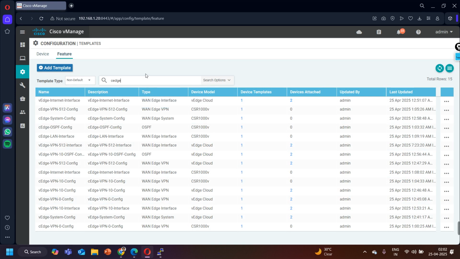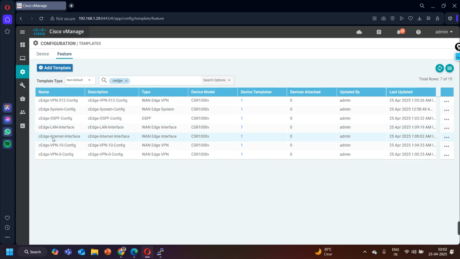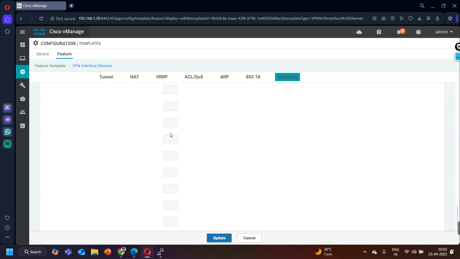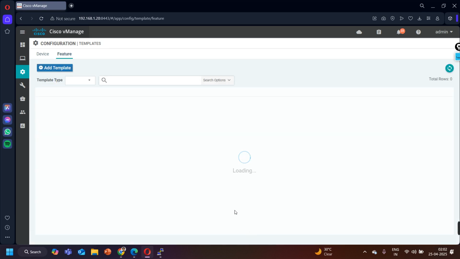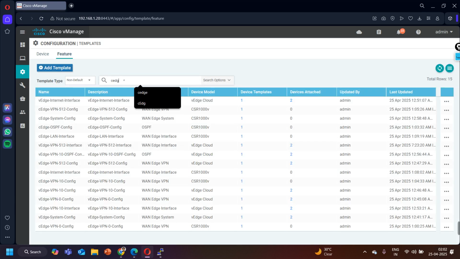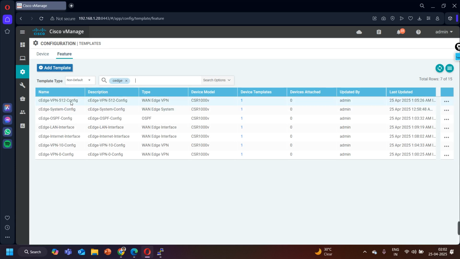Again I am searching for CSR first, and this time the CSR LAN interface. Let me edit this template, and here go to IPv4 address, and it is asking about the VPN 10 interface IP address. Here it's correct. So what is the issue here in the CSR? Let me see in VPN 512. Okay, CSR VPN 512, CSR LAN interface and